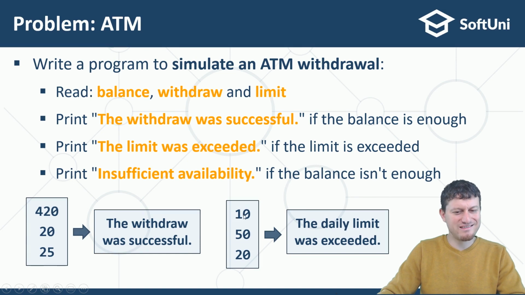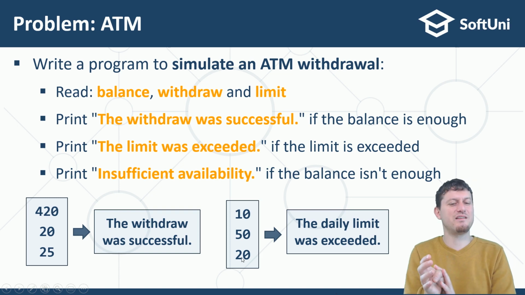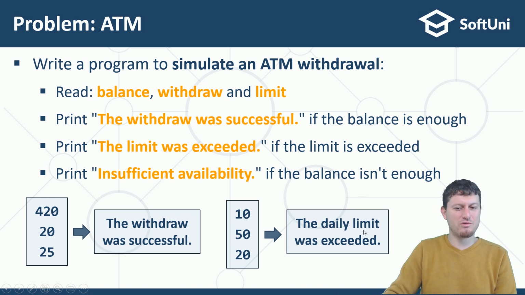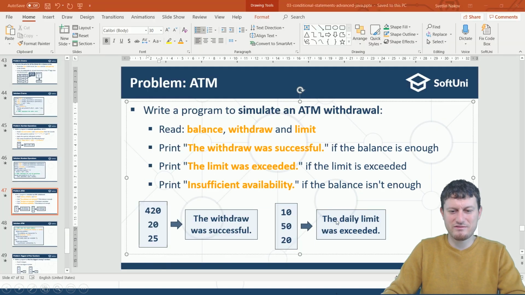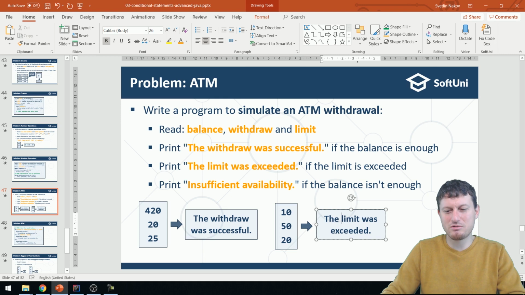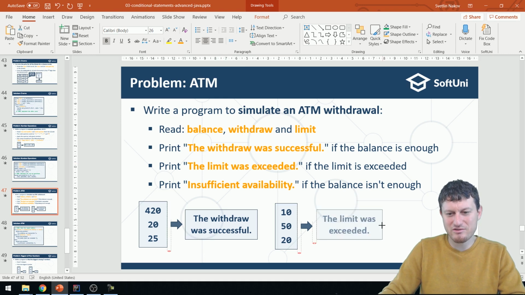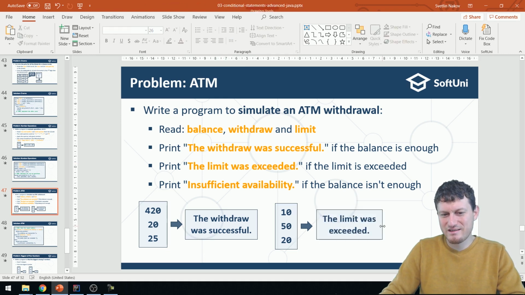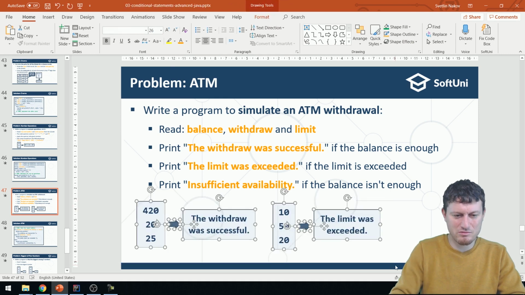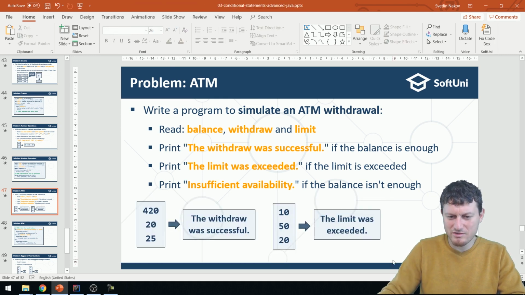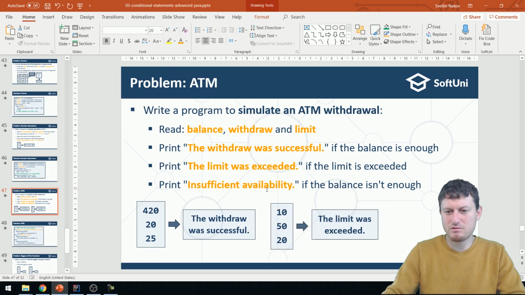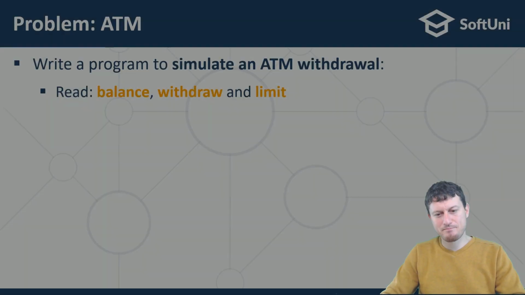We have 10 balance, we have $50 requested and limit 20. So the limit is less than the requested, and also the availability is not enough. But we print only the first error message, and later we print the others. So if we have multiple errors, we print only one error message. This is by